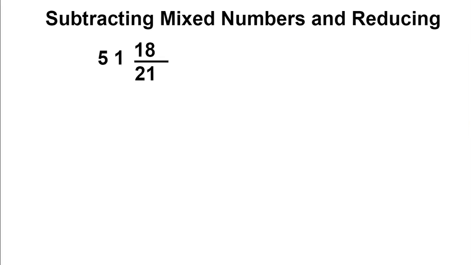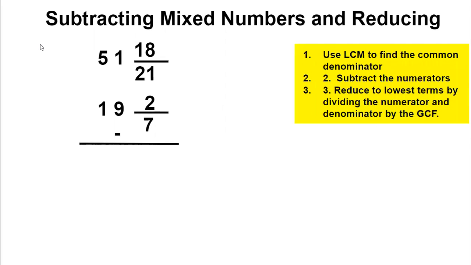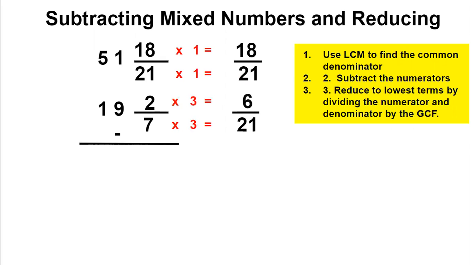Okay, let's do this again. 51 and 18 over 21 minus 19 and 2/7. First, we have to change the bottom numbers to be the same. The least common multiple is 21. So the top number will stay 18 21s. The bottom, we're going to do 7 times 3. So we're going to do 2 times 3, and we're going to get 6. We're going to subtract 18 minus 6,